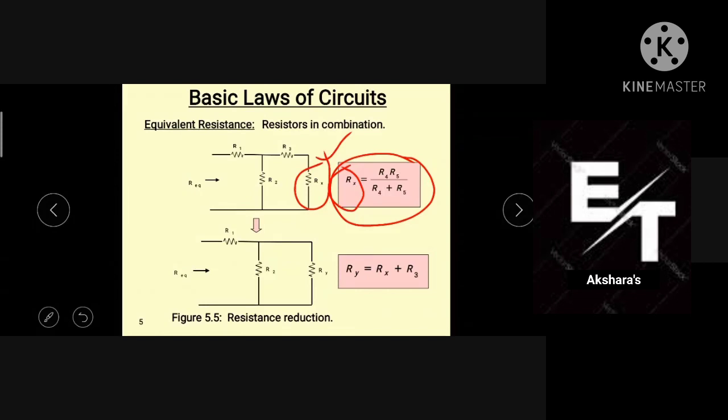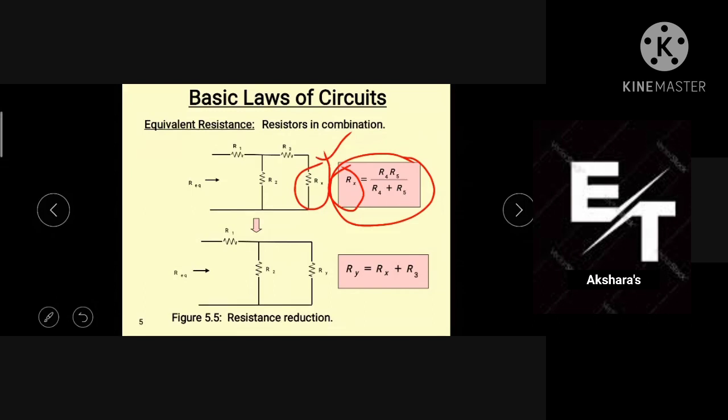Yes, sir. Sir, actually this is a first problem. If you are very familiar with this first problem, you can easily find all the resistance values. What I am saying is, you have to replace the two resistors with one resistance by using the parallel combination formula. Now what is the Rx value? We have some Rx value.